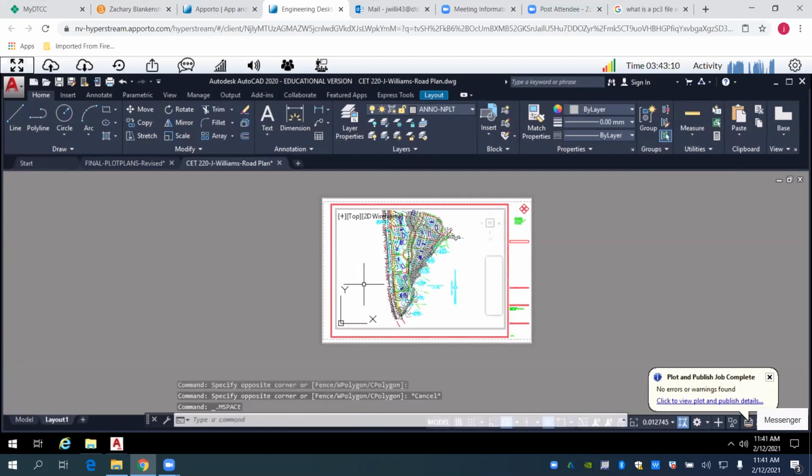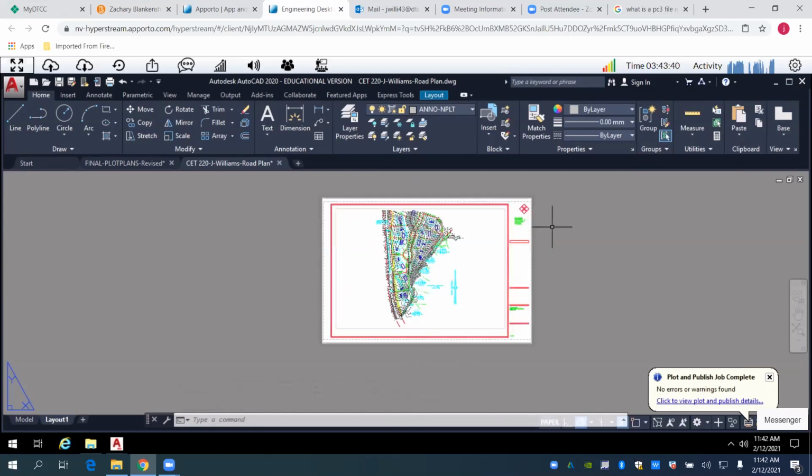Okay, and then the perimeter of the viewport turns into this heavier line. Okay, it's activated, so I'm actually into floating model space. All right. So to deactivate it, I left click outside of it. Okay, good. So now the viewport is deactivated and the perimeter of the viewport becomes this thin